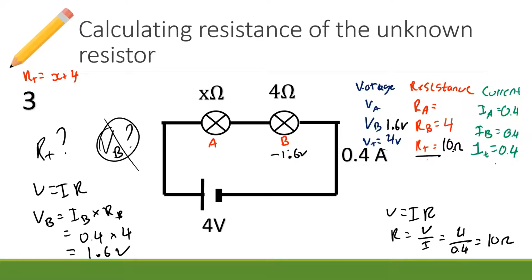That means this last little bit is pretty easy. Can someone tell me what is RA? Remember, RA plus RB must equal RT. What's RA going to be? 10 minus 4, thank you, which is 6. And